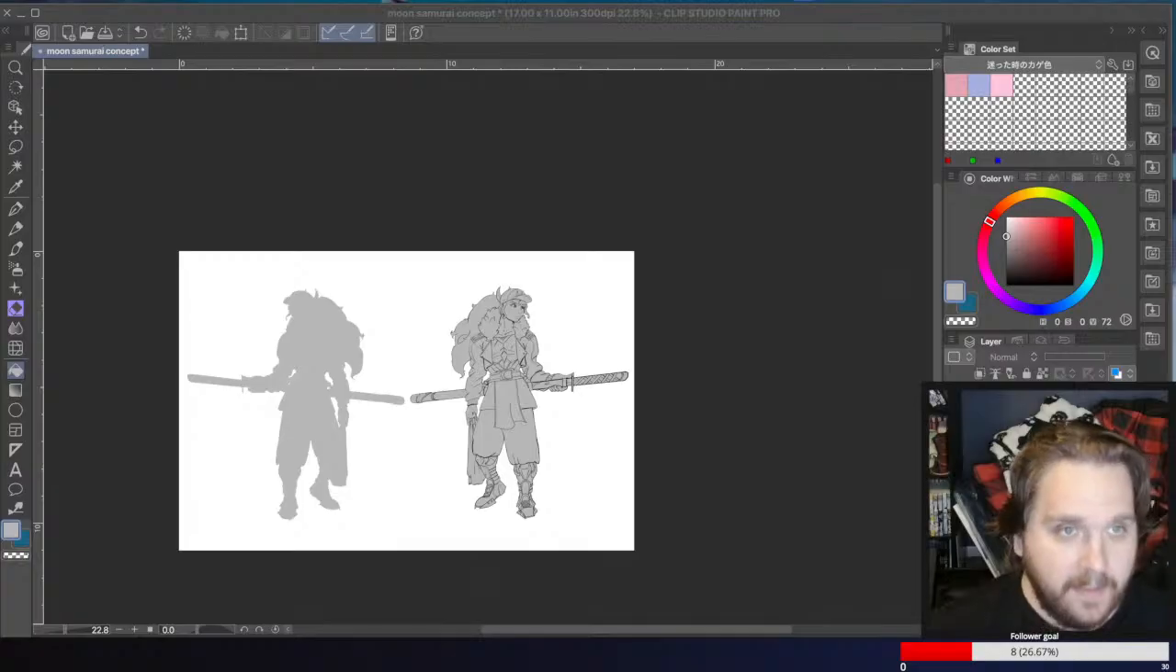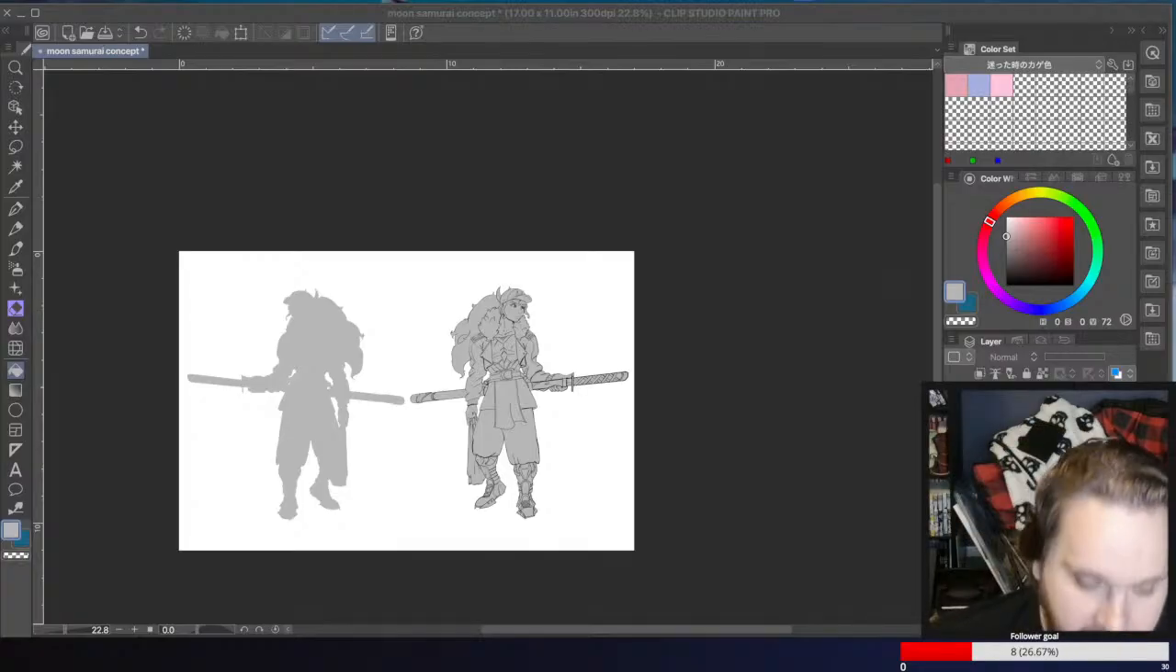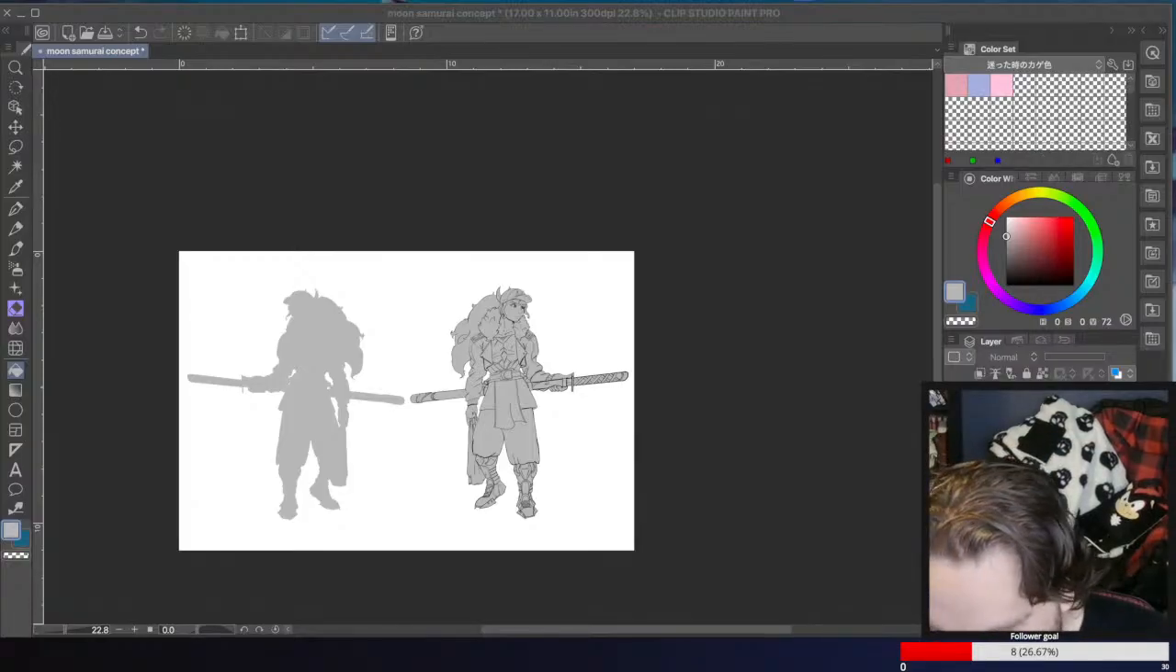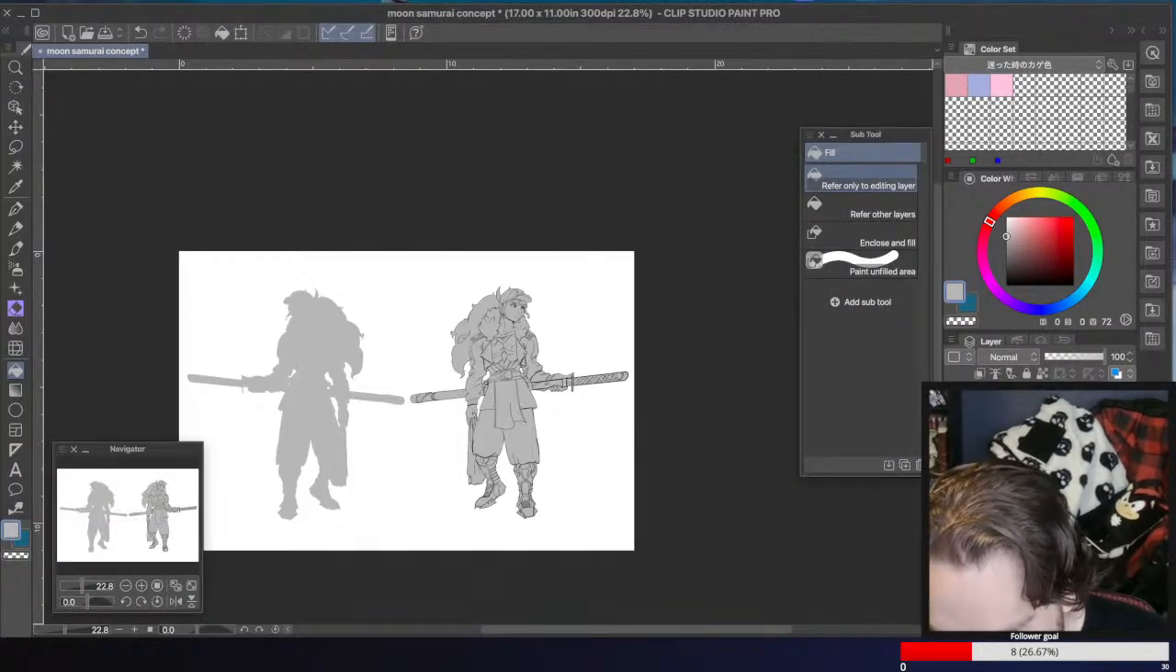At least the main iteration of him will be a redhead. I will have other alternate iterations when I can. But let's just go back down to right here and add a layer and then